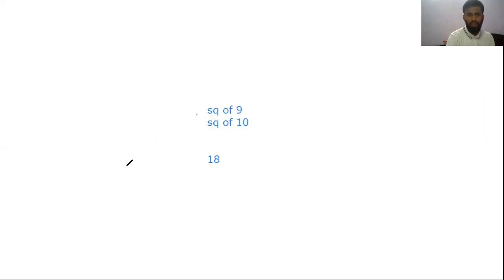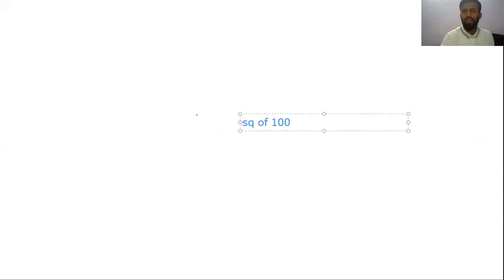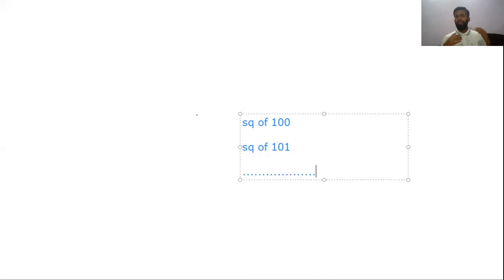एक क्वेश्चन ये है कि 100 का स्क्वायर है आपके पास, स्क्वायर ऑफ 100 है आपके पास, एंड देन आपके पास है स्क्वायर ऑफ 101, ठीक है। अब इसका कुछ आंसर होगा, हमें उससे कोई लेना देना नहीं है, इसका भी कुछ आंसर होगा, हमें इससे कोई लेना देना नहीं है। हमसे बस ये पूछा गया है कि जो भी ये आंसर आएंगे,